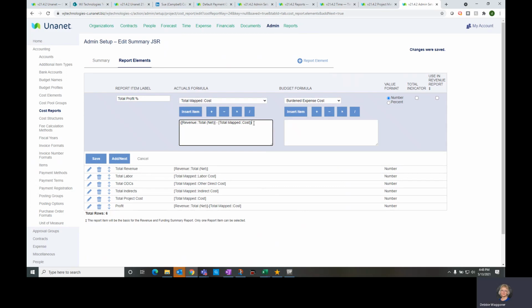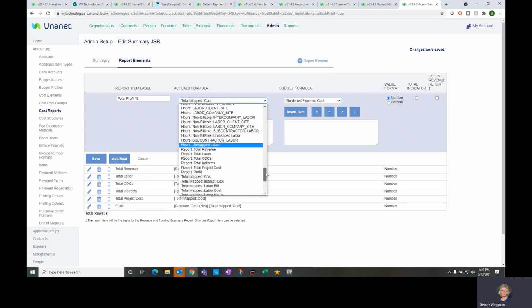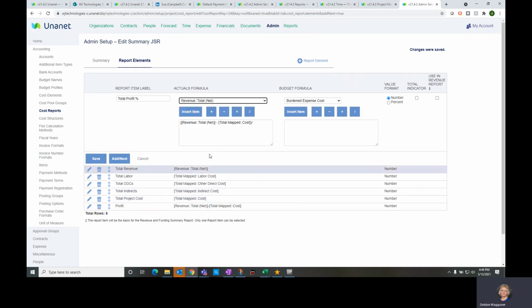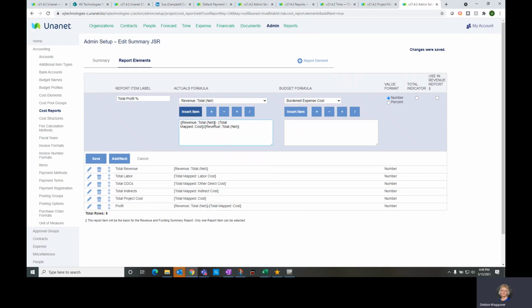And we're going to divide that by total revenue. Okay, so I've got to move this. Good. Mapped cost divided by, oh, so I've got to put